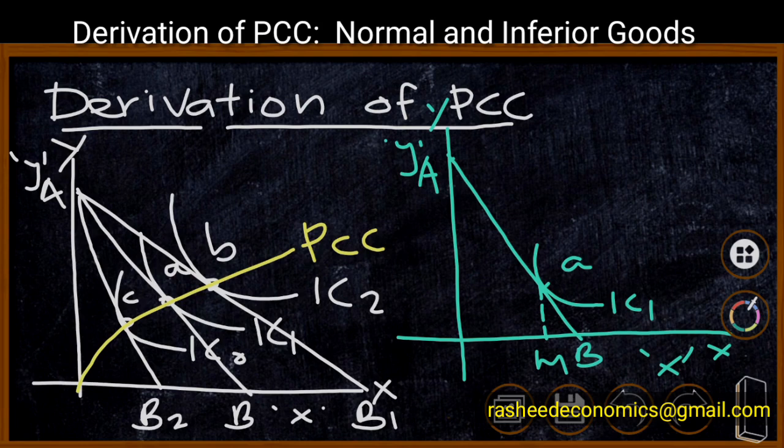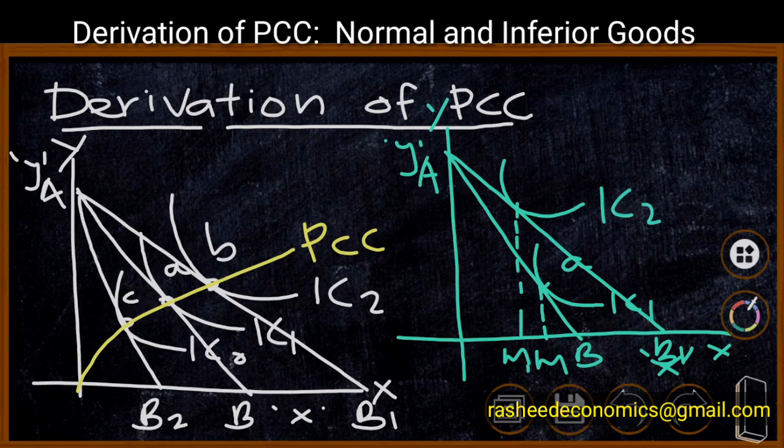Now when the price of X decreases, the consumer will be able to purchase more of product X. Therefore the income price line will shift rightward like this. As we explained earlier, this is the new income price line AB1, and the consumer will identify their equilibrium point at point B on IC2. That is, the consumer is decreasing the quantity of consumption of X from OM to OM1. That means the initial quantity was OM and now it has decreased a little.